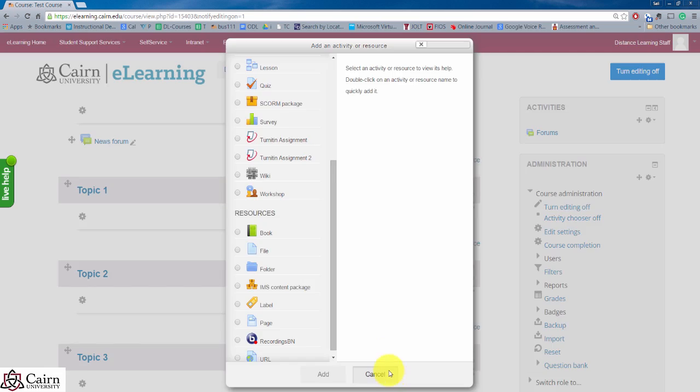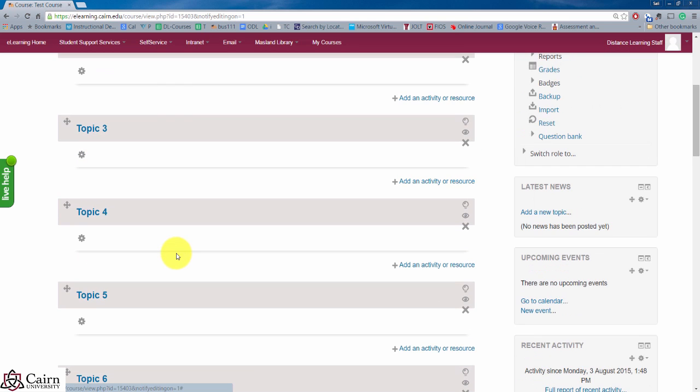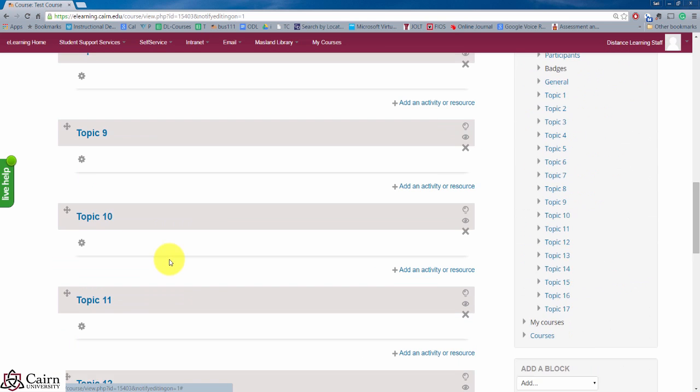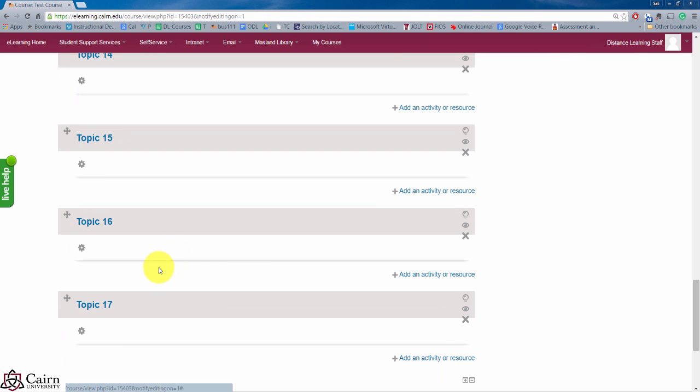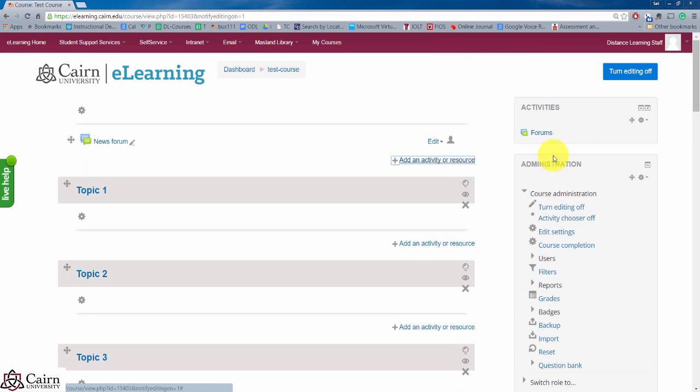So the idea again is you click on add an activity or resource for each block that you are working with. Now typically our courses here, we design them so that they are about 16 to actually 17 blocks. That should allow for the length of a semester, maximum 17 weeks, we assume. If you want additional sections in your course, you can either click on this plus sign, or the minus plus sign adds another one, minus decreases it in the bottom here,